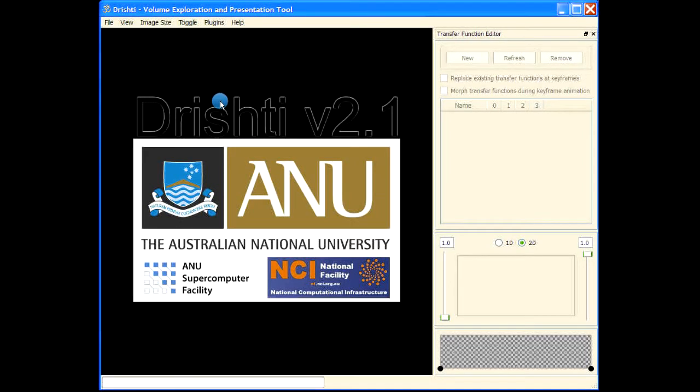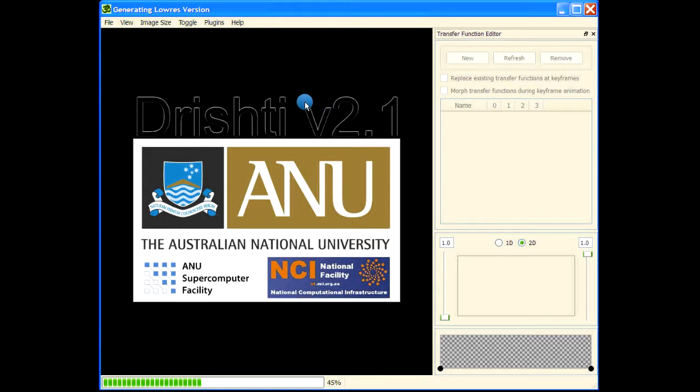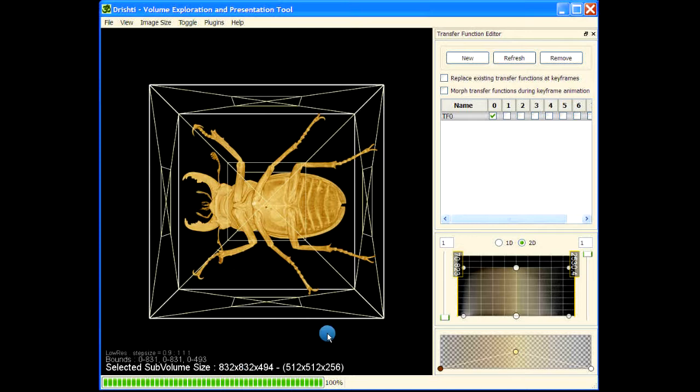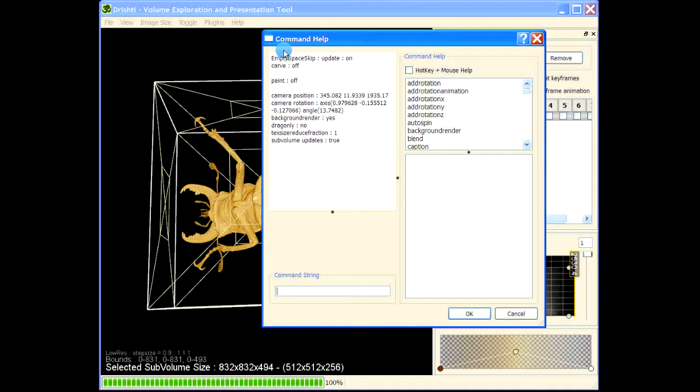This video will show you how to use the cropping tool and use that for mesh generation. Let's load the stack beetle dataset. Now this is a reasonably big dataset here, so for demonstration purposes, let's just use a smaller version. So what I'm saying here is set load to take every second voxel in the data, so subsample it by a factor of 2,